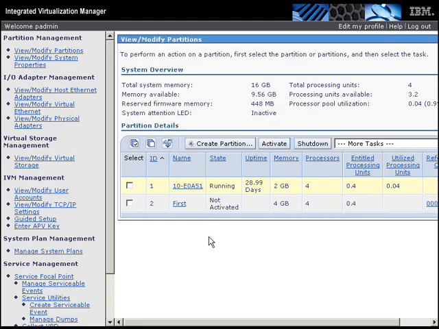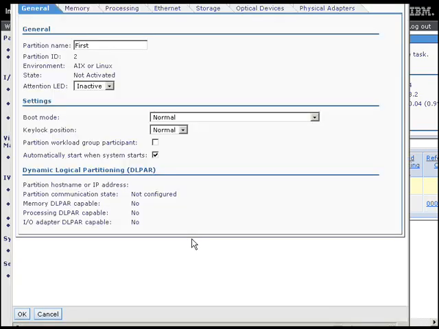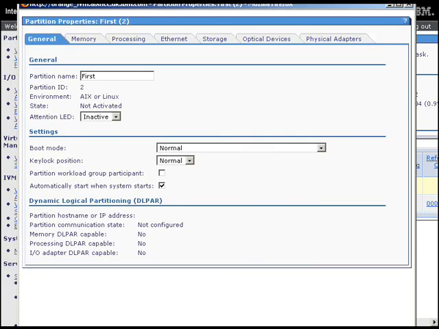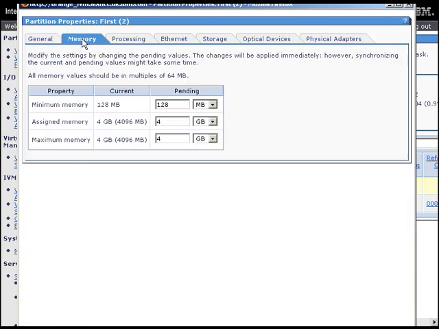If we wanted to make changes to any of these things, we could click on the name here of our logical partition. Again, I'll slide that down a bit so we can see everything. And we have much the same things as we connected when we actually created it. So here's its name. We can look at the memory. It filled this in. We've assigned 4 gigabytes of memory in here. These are the ranges we can do dynamic memory changes across. Processing power,